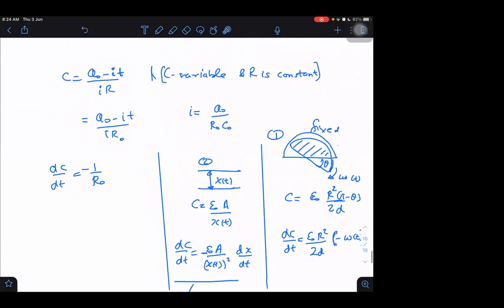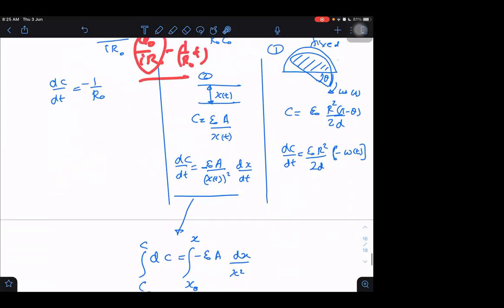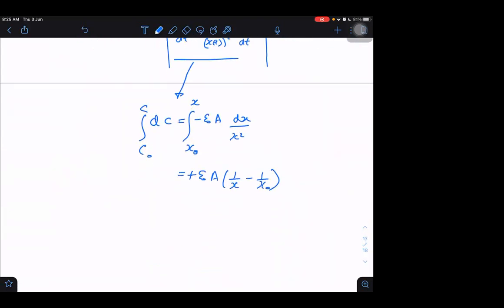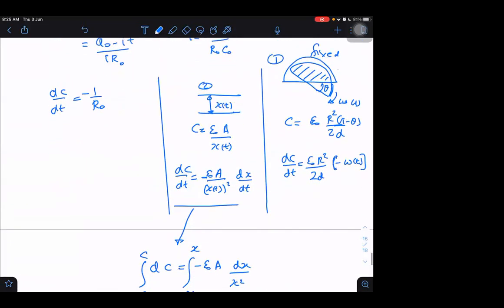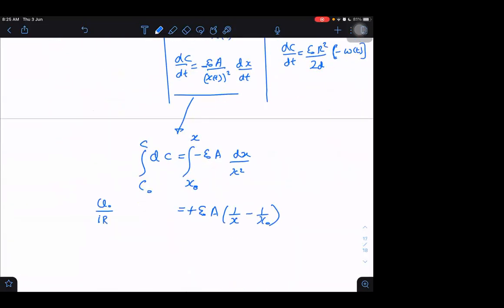I already have this value here, no? I cannot write that. There will be an integration constant appearing. This is already there. I cannot write what you are saying. We can only write Q naught by R naught minus 1 by R naught into t. It will also be there, the integration constant. No, that value is the same value only, but no point of integrating. We already have that value given. What you are saying is also right.